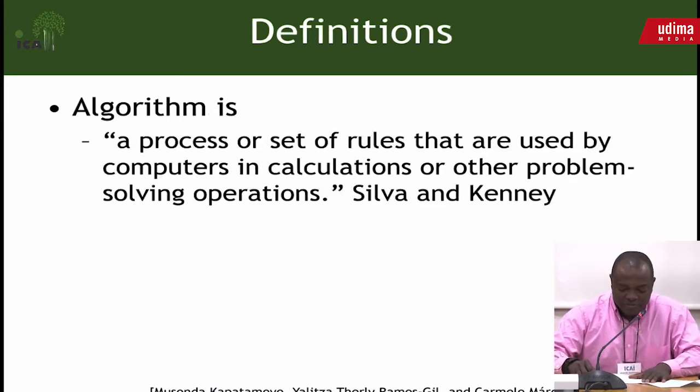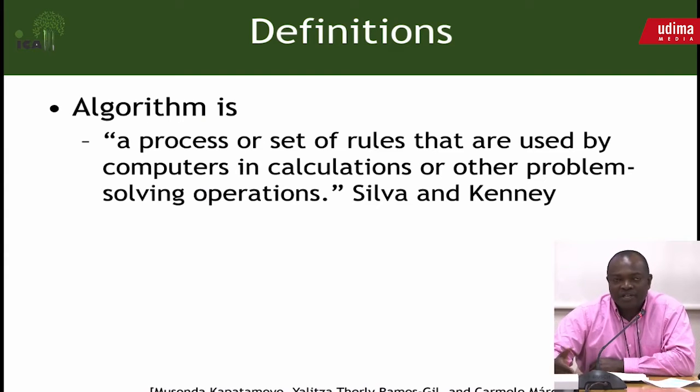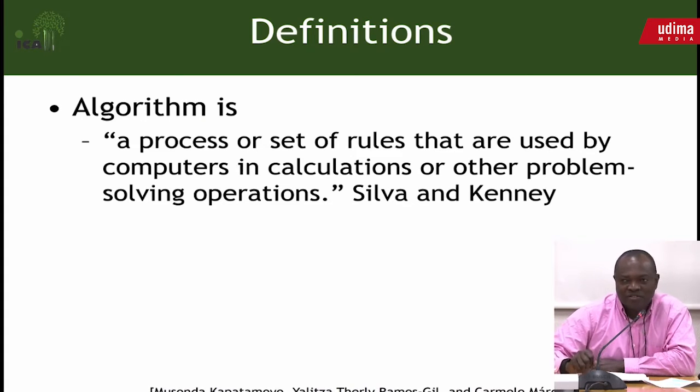So, what an algorithm basically is, it's a process or a set of rules that are used by computers in calculations and other problem-solving. I chose this very basic description by CV and Kenny because it basically tells you that an algorithm is going to do the same thing over and over again, depending on the set of rules that it was set up with. So if it was told to do A, it's going to do A very well. If it was told to do B, it's going to do